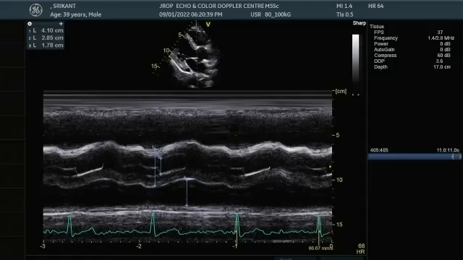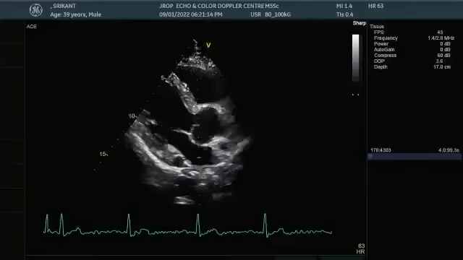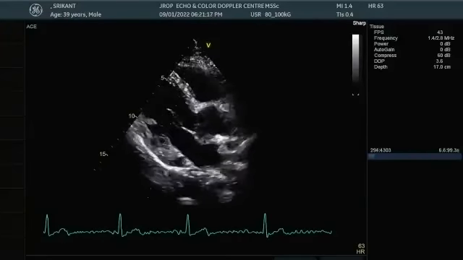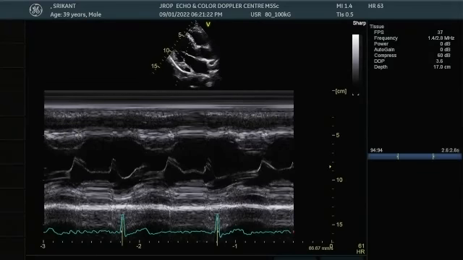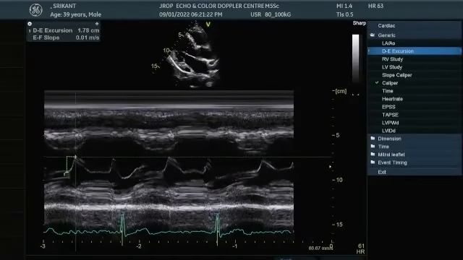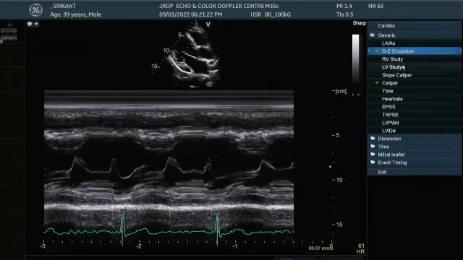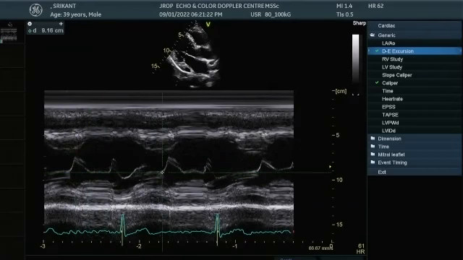So one measurement, keeping the cursor at the same point. Now I am going to shift my cursor tip to the tip of the mitral valve. Now I can see a beautiful DE excursion, EF slope. This is beautiful DE excursion, which I can see. And second, then I can go to EF slope. And this is how we look at DE excursion, EF slope.